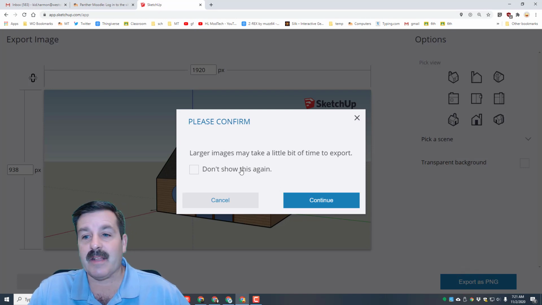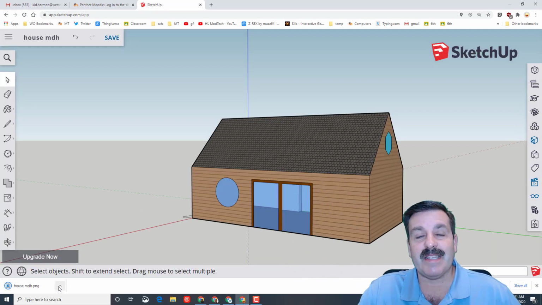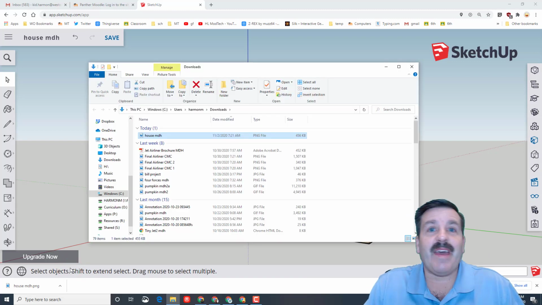It tells you it may take a little more time. We don't care about that. Hit OK, and yours may save automatically. If it does, then you know you can use Show in Folder, and that is where you'll find it